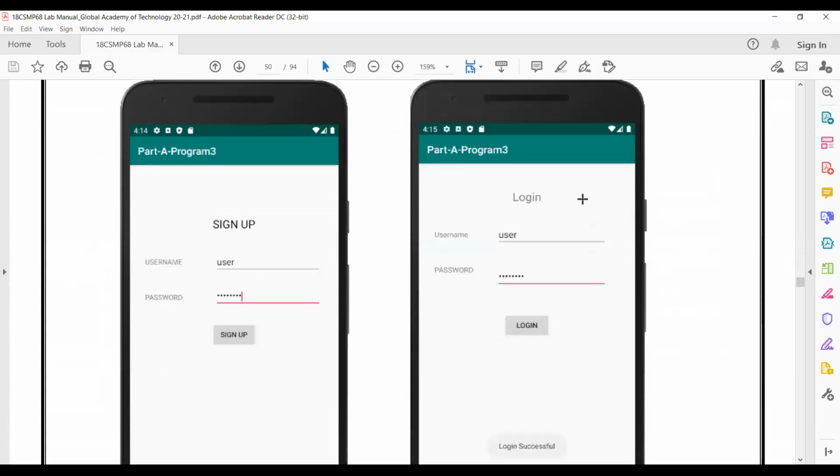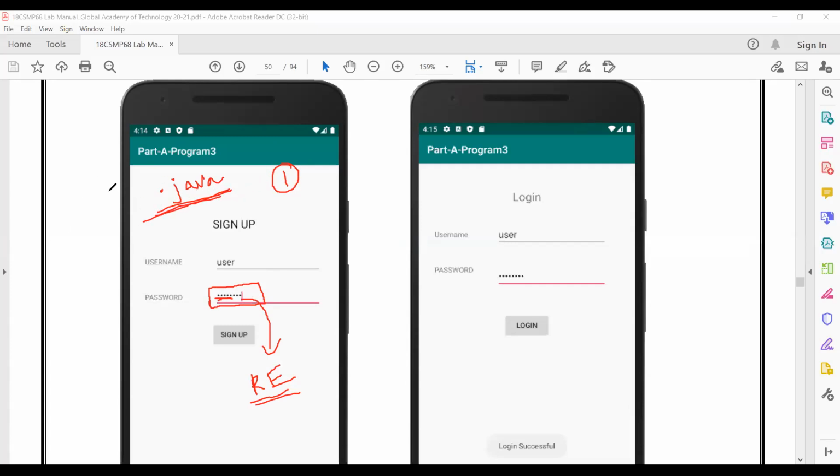Now we are going to discuss the .java file with respect to the first activity. Just now we have seen the regular expression of this password. The password which the user is going to enter, I'm going to match with the regular expression we have discussed, to check whether he has entered a valid or invalid password. This code I'm going to write inside my .java file.